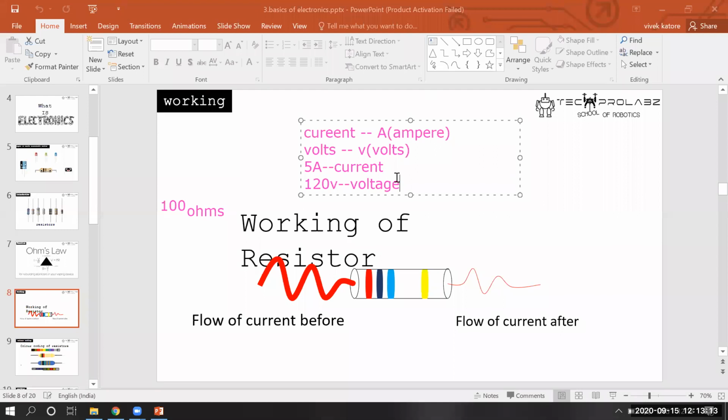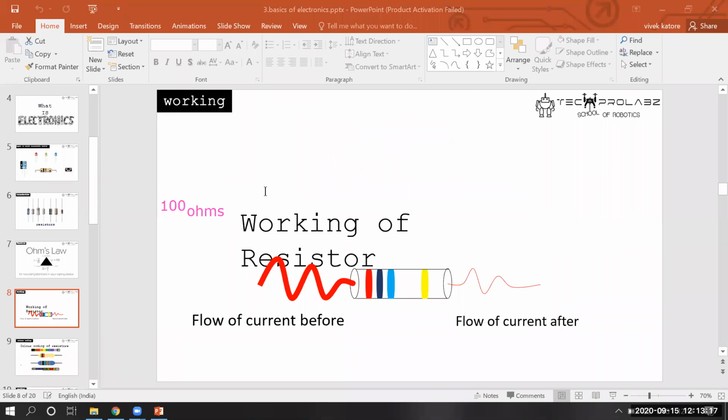What happens in any circuit if some component needs less current, then what should you do? Just like you have a tap in your house. आपके घर में नल है, so अगर आपको बहुत ज़्यादा force की ज़रूरत है, what do you do? You open up the tap fully, you get more water, more forced water. But if you don't need that forced water, you need smooth running water, थोड़ा कम flow चाहिए. What do you do?